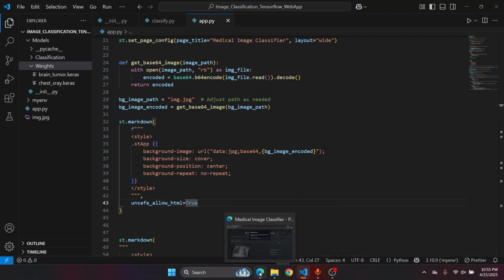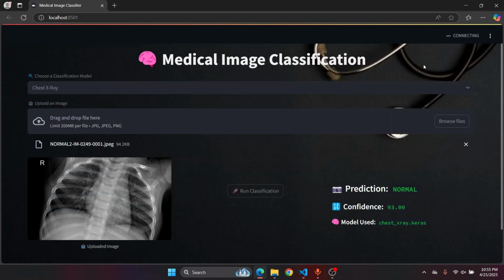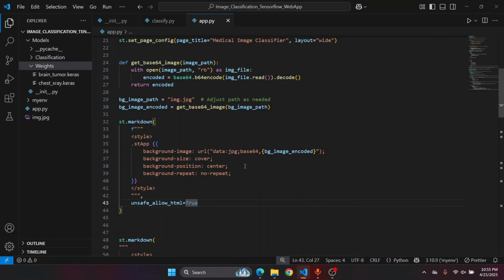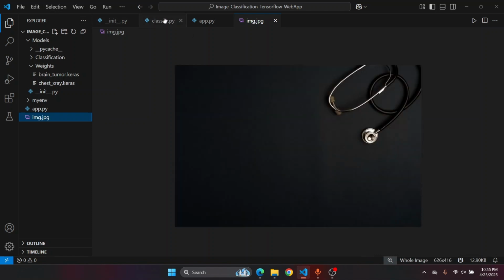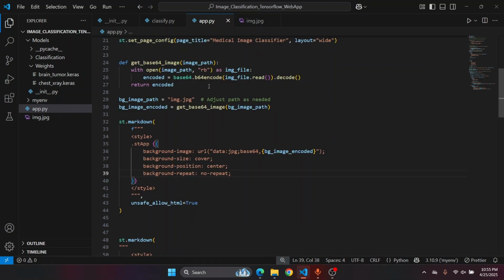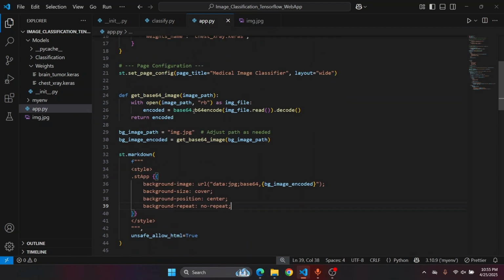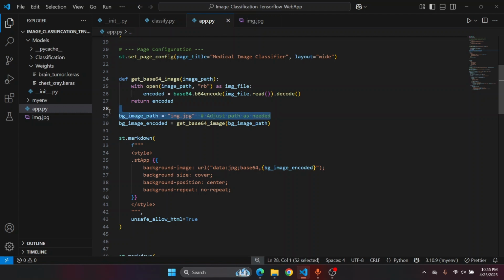to display this image as a background, you can see this is an image for the background. For that, this is an image path. Then when we have to display that particular image as a background, we have to encode it. For that we use the get_base64_image function in which we pass the parameter as an image path, and we will come to this